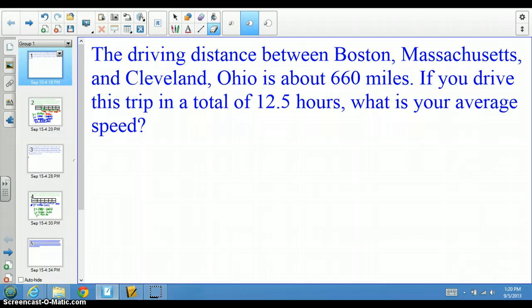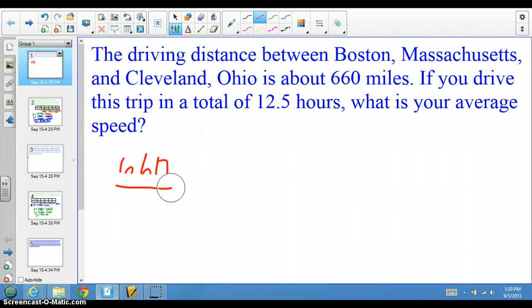A lot of people can actually look at this and say, okay, well, if I'm driving 660 miles and I go 12 and a half hours, I'm dividing. So a lot of people could just say, okay, 660 divided by